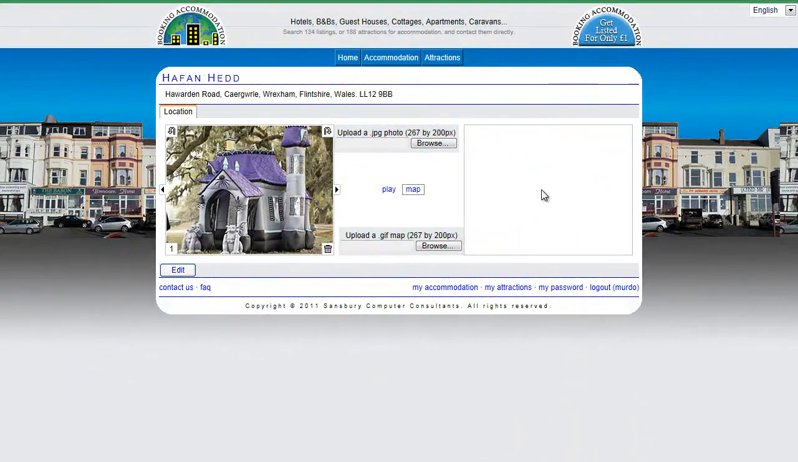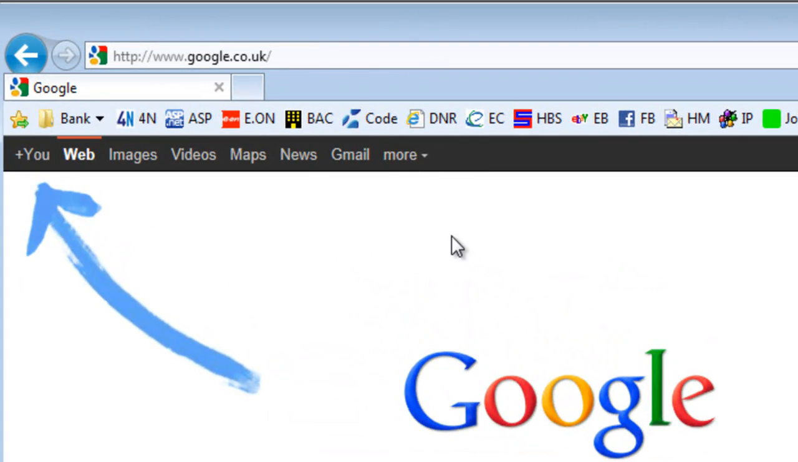So how to add a map to your listing. Well, first of all, don't worry if you're not sure how to add a map. Just leave it blank and one will be added for you. If you do decide to add a map, I recommend that you go to your web browser, type in